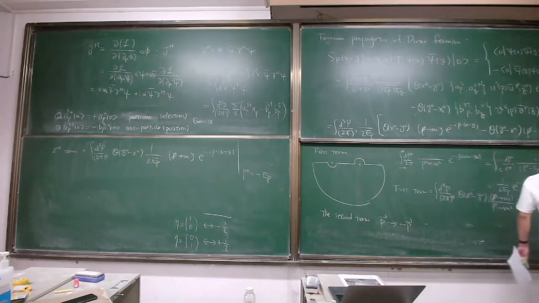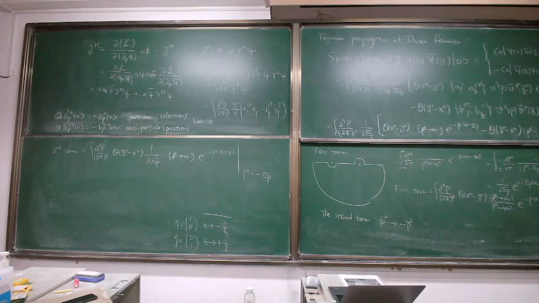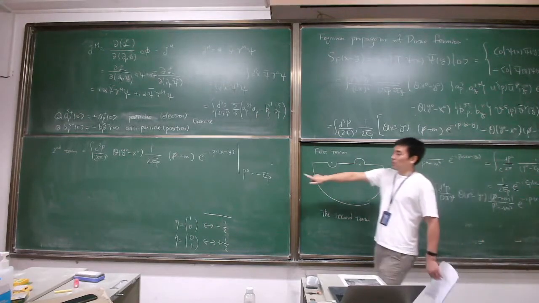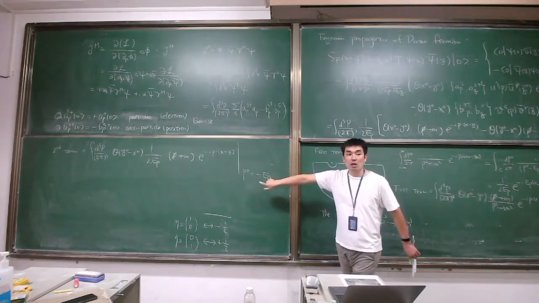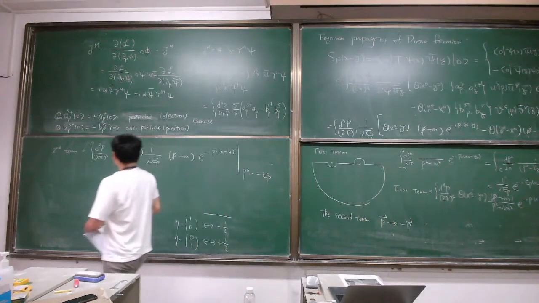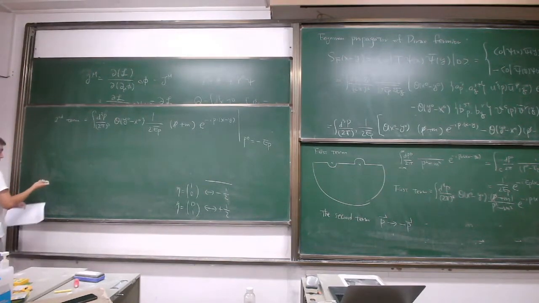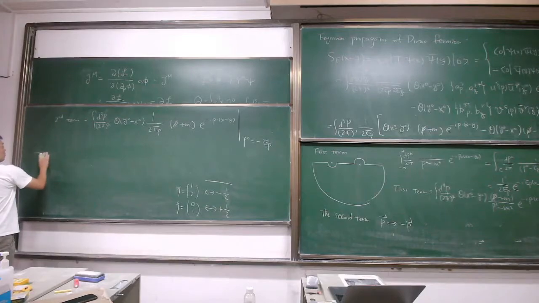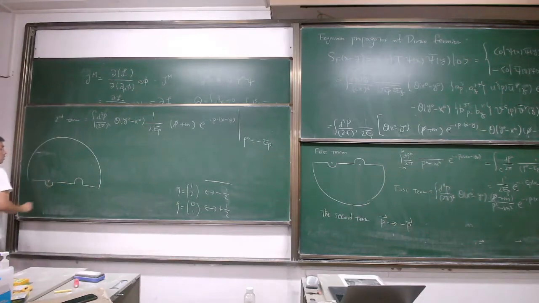The same thing here. The plus sign will turn into a minus sign for the spatial component. But for the time component, you have to be careful about the sign. The sign issue will be solved by putting P0 equal to minus E_p. So then you have to do the same trick. I forgot how to do that. So for the second term, you have to take this contour, minus E_p and plus E_p,